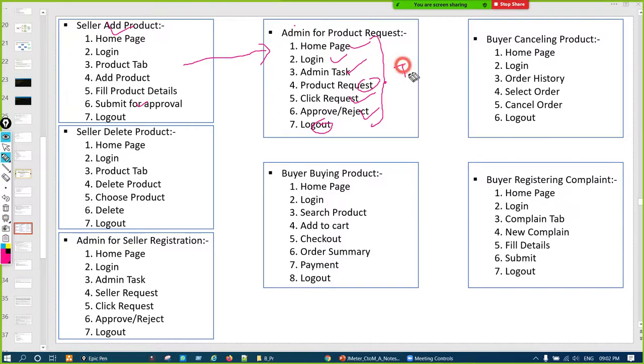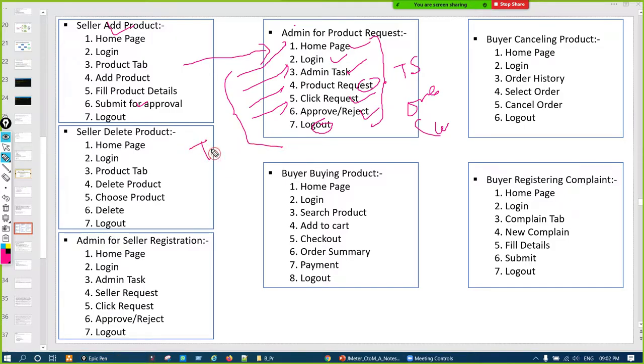So the whole thing is again one scenario, or we call it a user flow or user story, everything is the same. Test scenario or user flow or user story, these three terms are the same. And the small steps, home page launch, login, admin, all these steps are transactions.